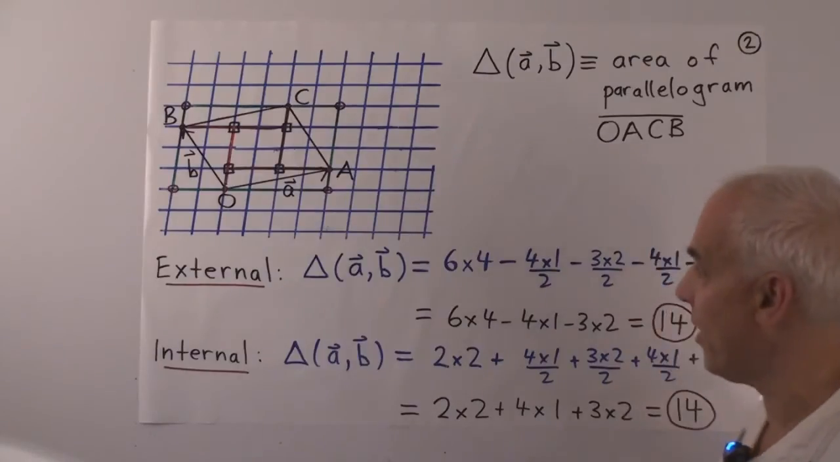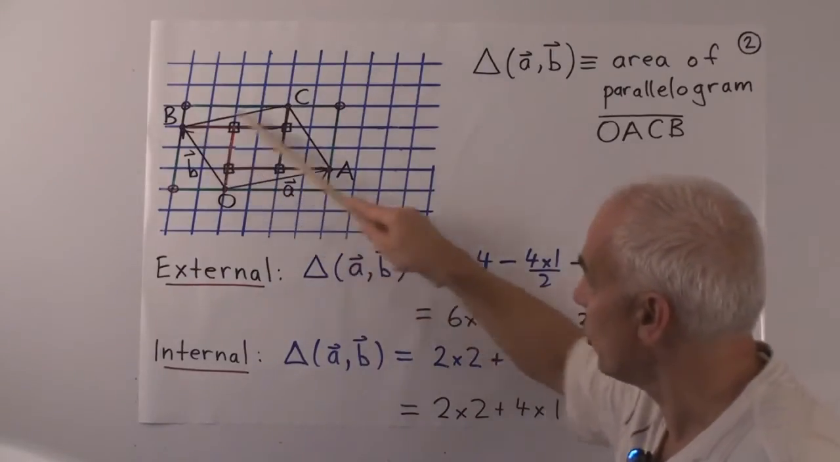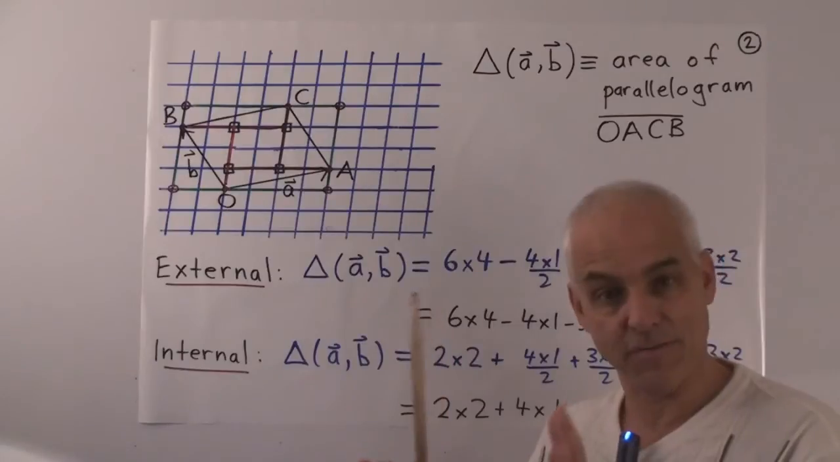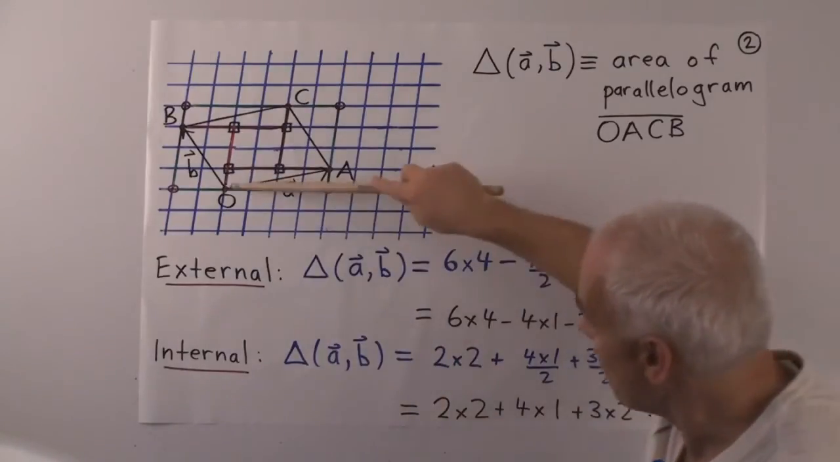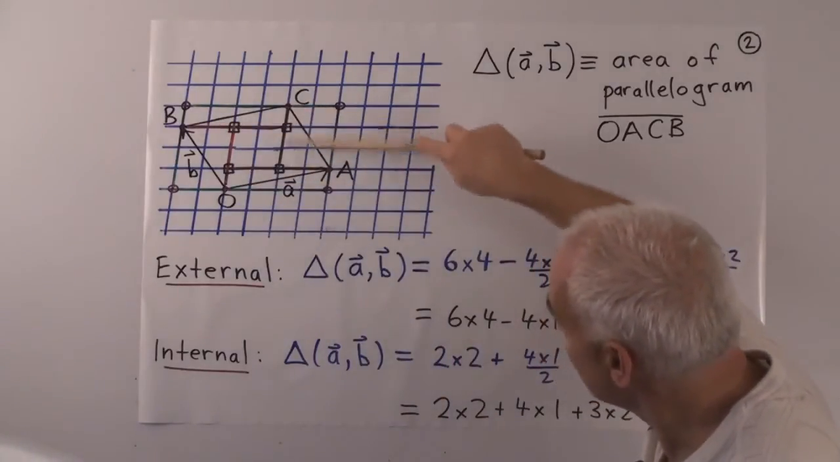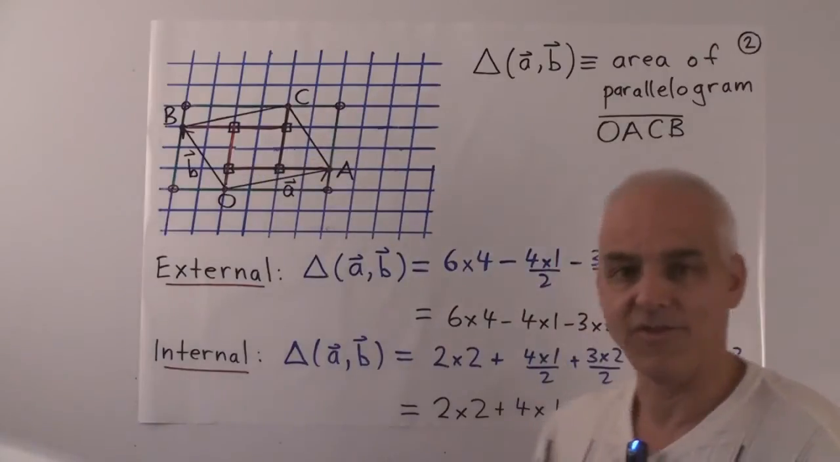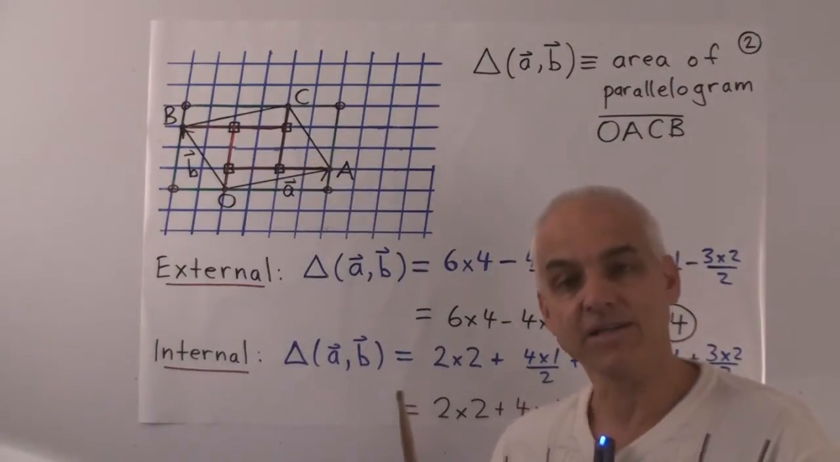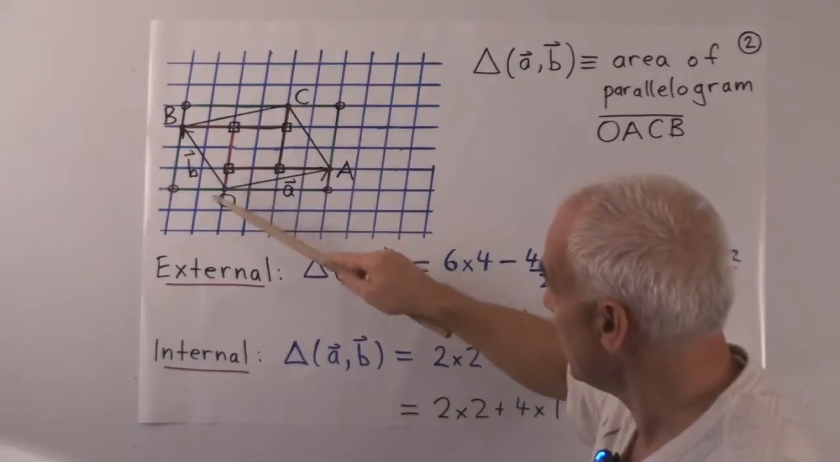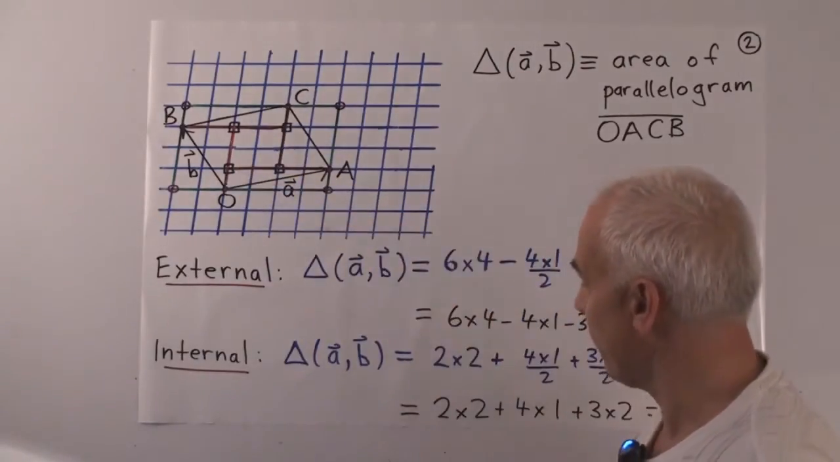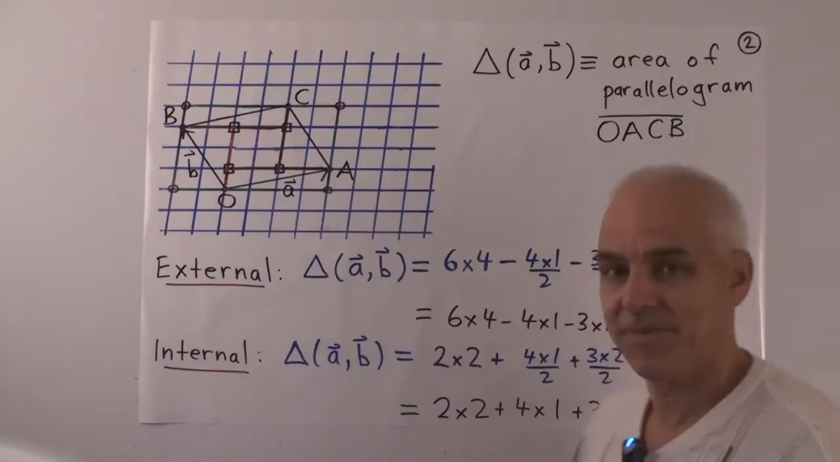Now the other way of thinking about this is to think about it internally. So we're not going to go outside our parallelogram. We're just going to stick inside it, and we're going to make these little cuts here denoted by the red lines. That divides the parallelogram that we're interested in into an internal parallelogram of sides 2 and 2, and